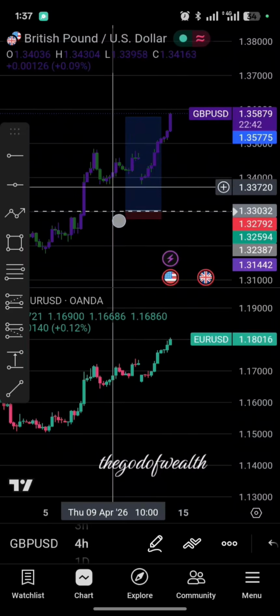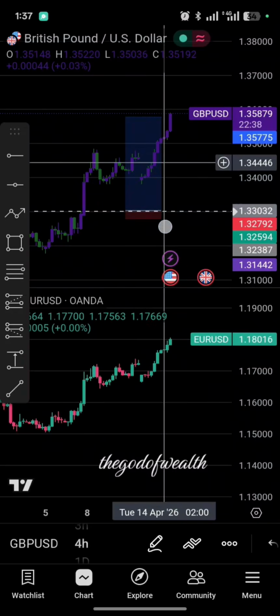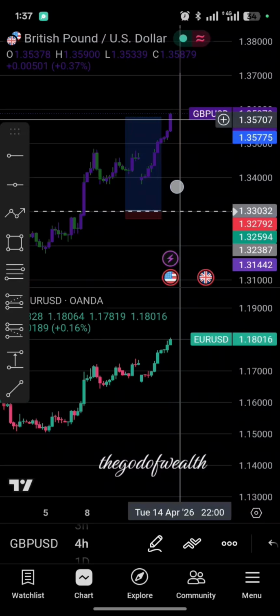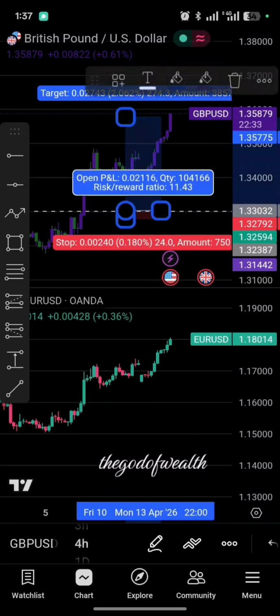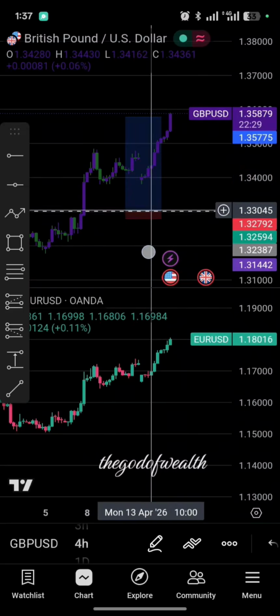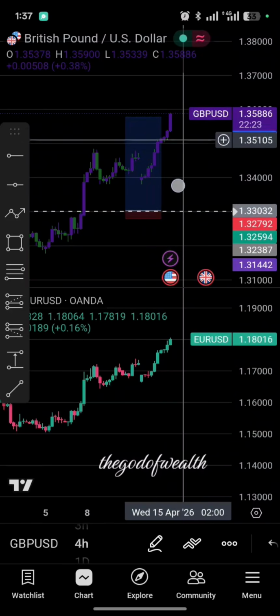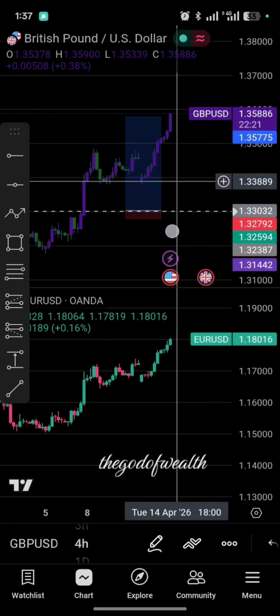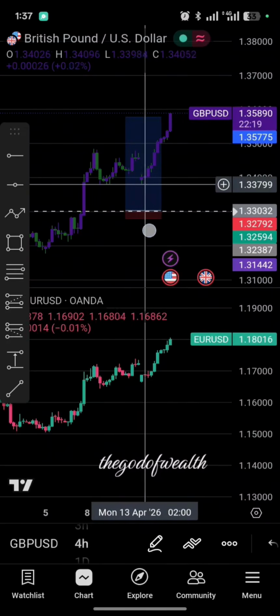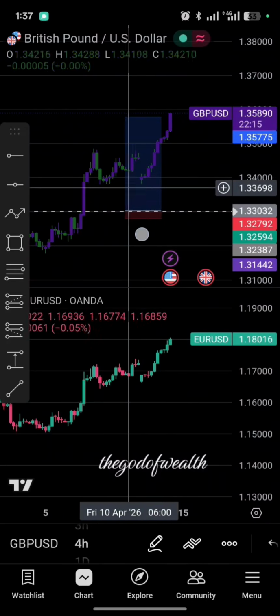Or that is what I hope it is. If that happens, then the buy limit which I had initially set here, because I was waiting for a buy to come down here, I won't see it coming back to this zone. The highest it might get to is somewhere here, or it might just take out all the people that entered here, because as you know, I don't trade on a Monday. It might take them out, then it will give me an entry somewhere around here for me to take. If that does not happen,